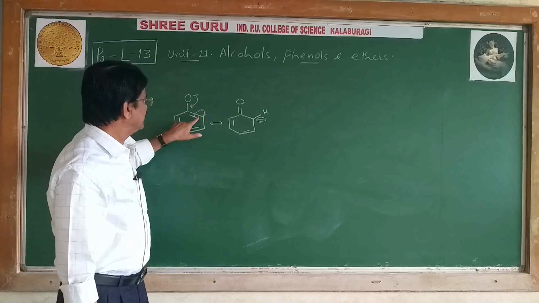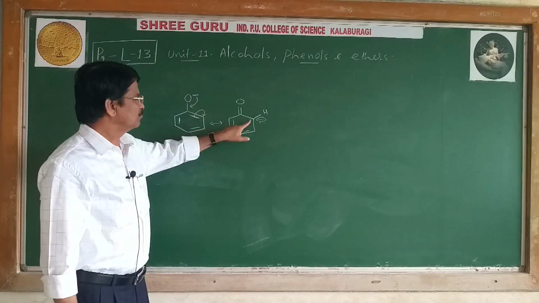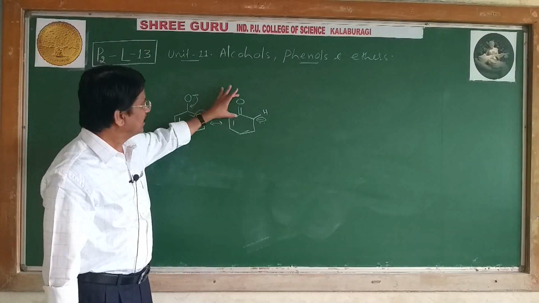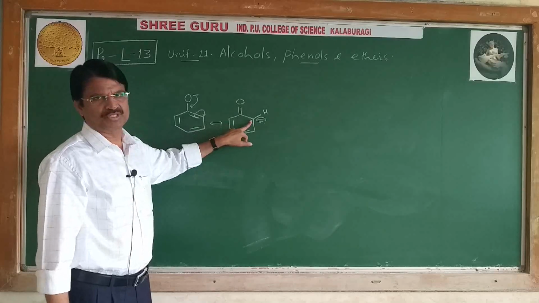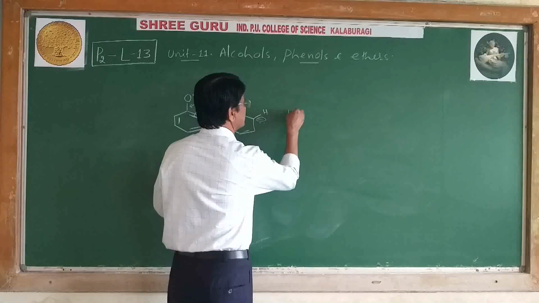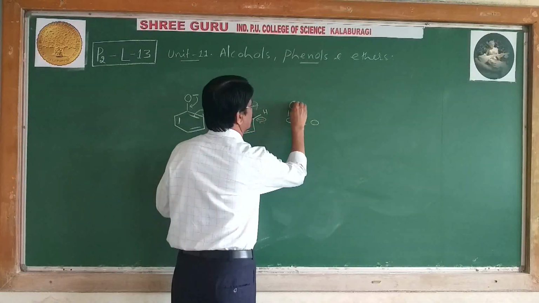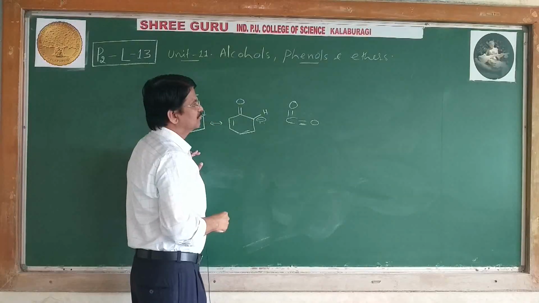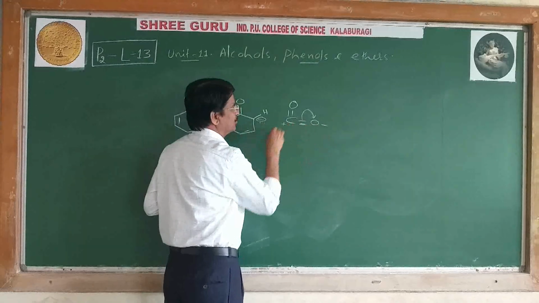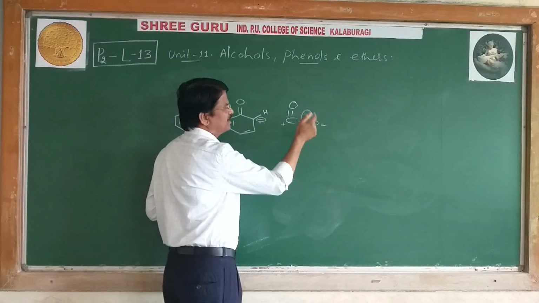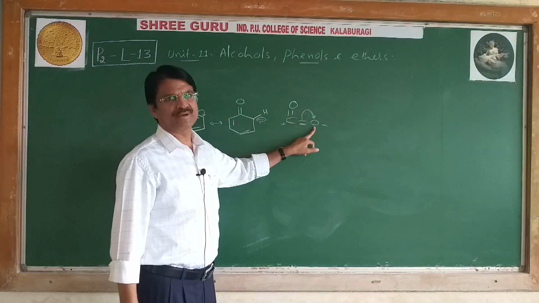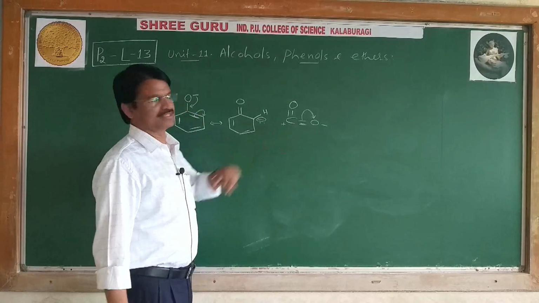This creates a negative charge at the ortho position and para position, but the ortho is more active because on the adjacent side there is a carbonyl group, which is also an active group. Hence it is a more active position compared to meta and para. Next, CO2. This is CO2, and the CO2 gets polarized. See, like this. This is negative, this is positive. When the pi bond shifts here towards O, because O is more electronegative than carbon, it attracts the shared pair of electrons towards itself and acquires a negative charge, and carbon acquires a positive charge.